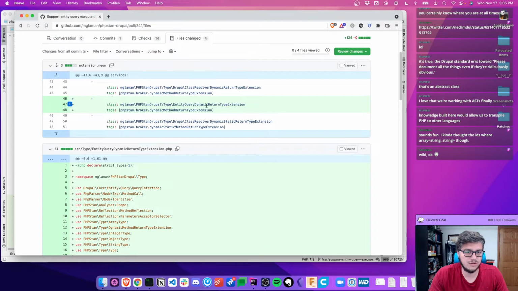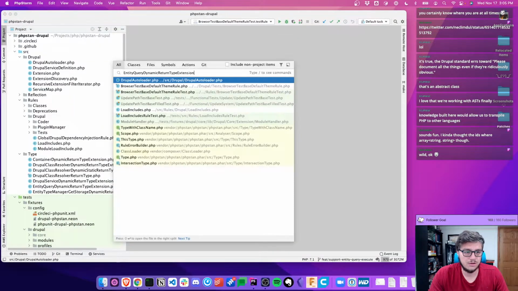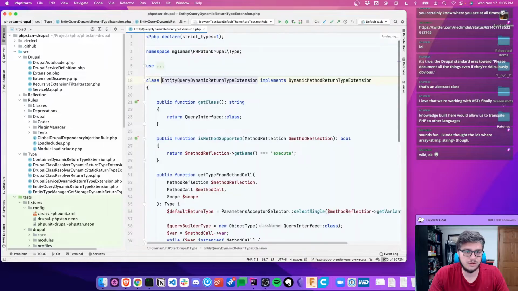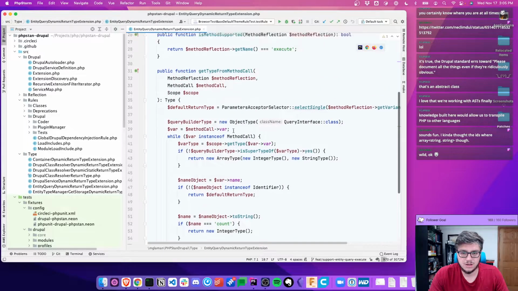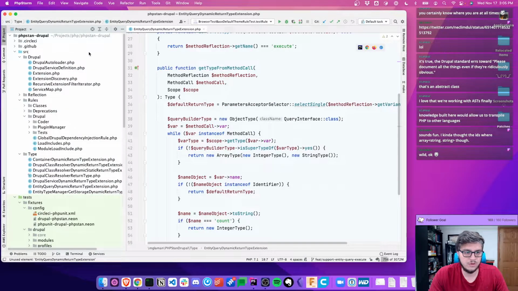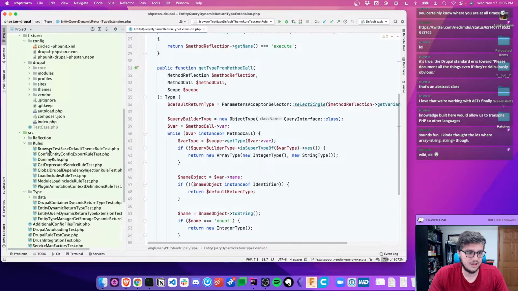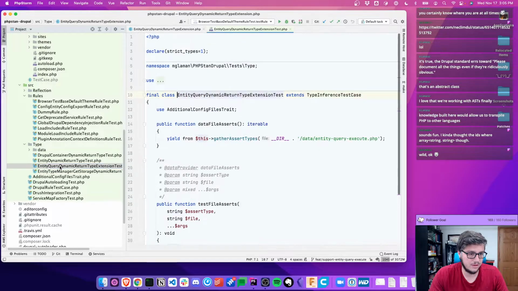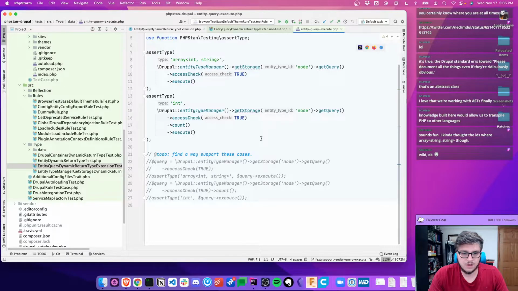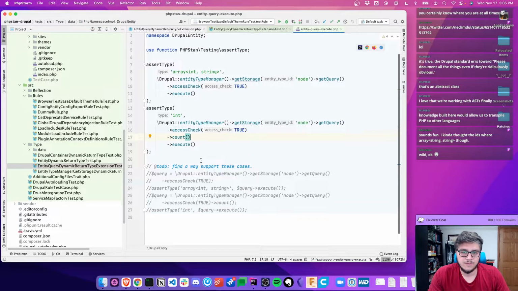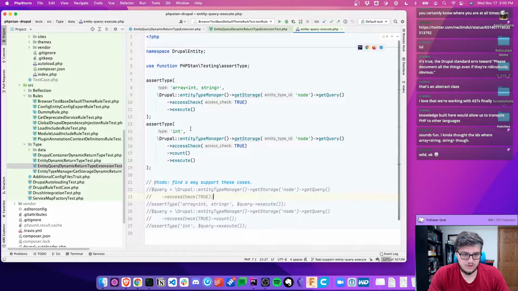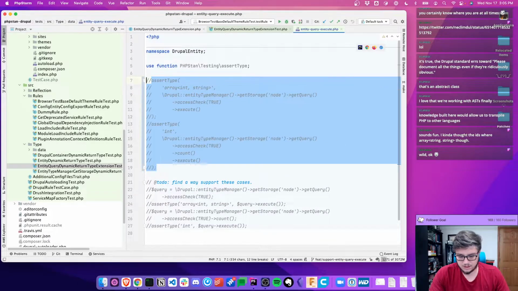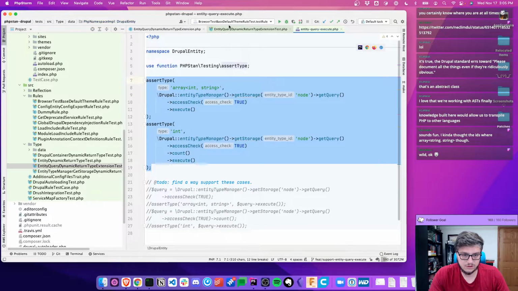So let's get to the entity query dynamic extension. So is super value, and let's go find the test. Test type data, entity query, dynamic return, entity query execute. So this, I want to comment these out. Oh, let's just run it with,